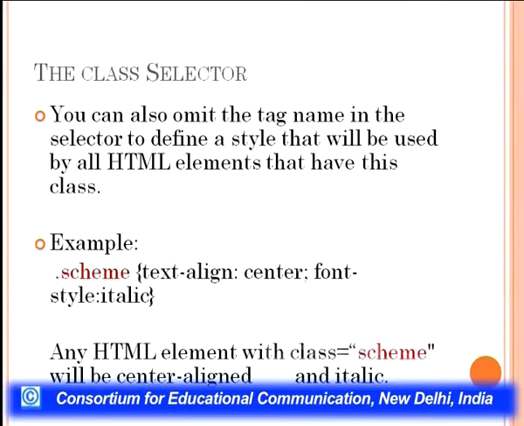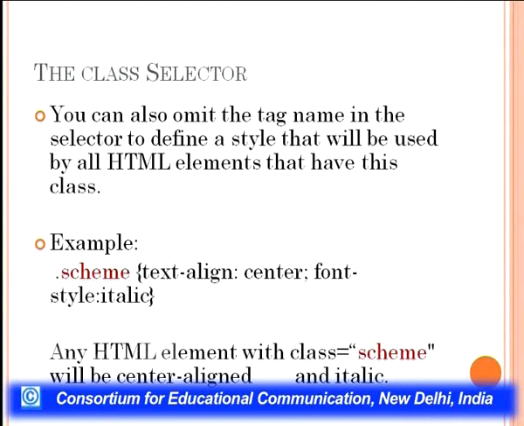Another way is defining a generic class, and then those styling elements can be used with any tag that you want. So you can omit the tag name in the selector, and this will be used for all the HTML elements that you want. So for example, if you define a class called scheme, and in that class you give certain property values, like text align, or font color, or font style, and then you can use this with any other